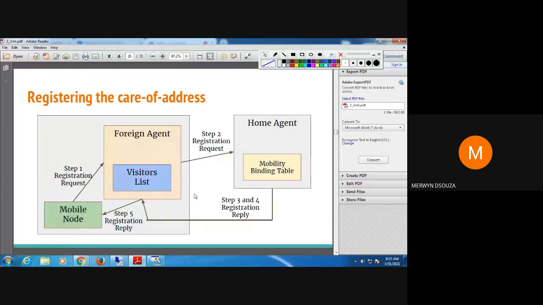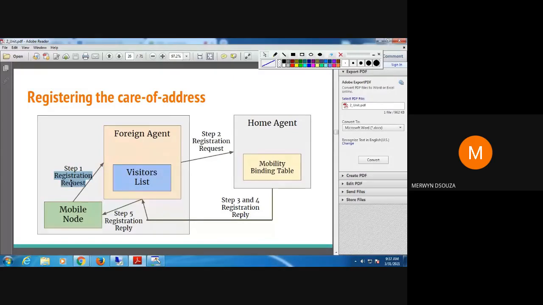So I'll repeat this process. Prior to this process, the mobile node has already obtained a care of address. After obtaining the care of address, it is trying to register the care of address with the home agent. For that, it sends a registration request message to the foreign agent.